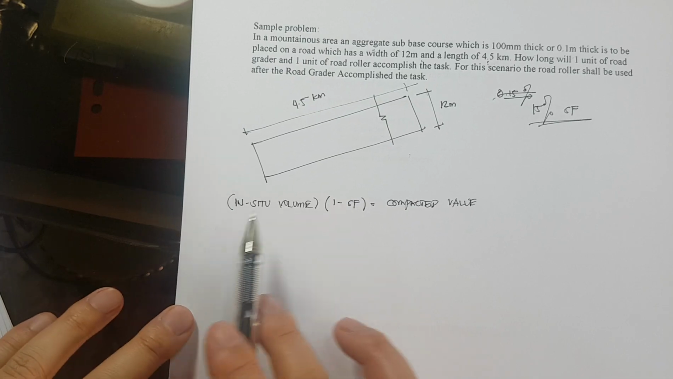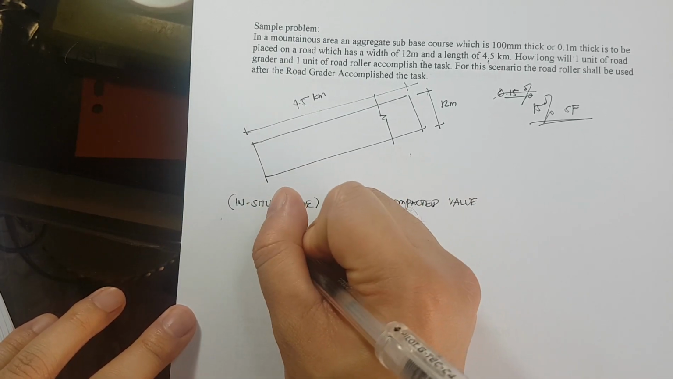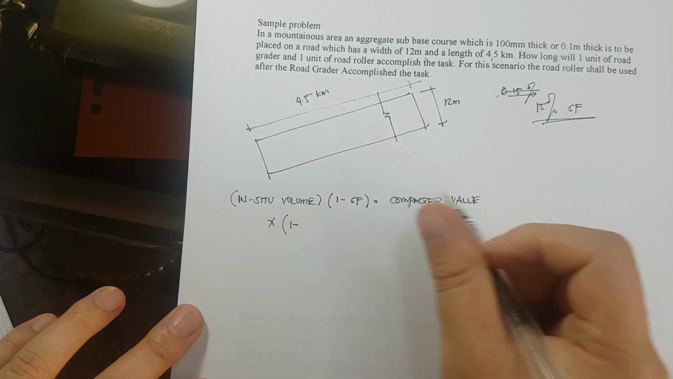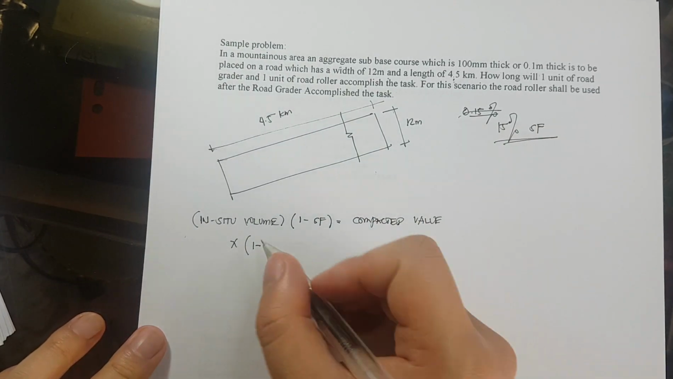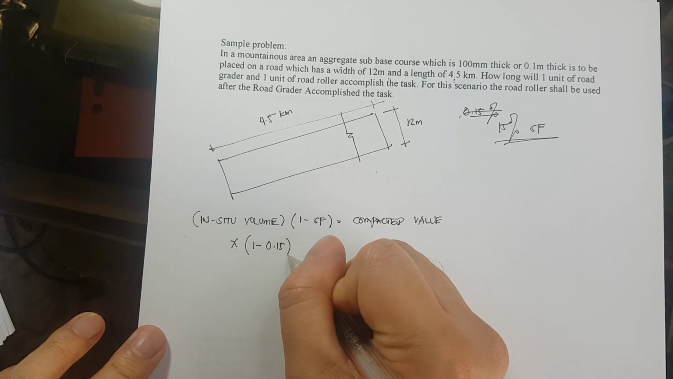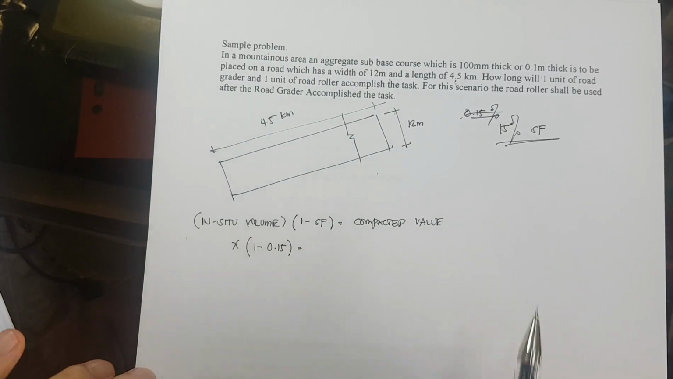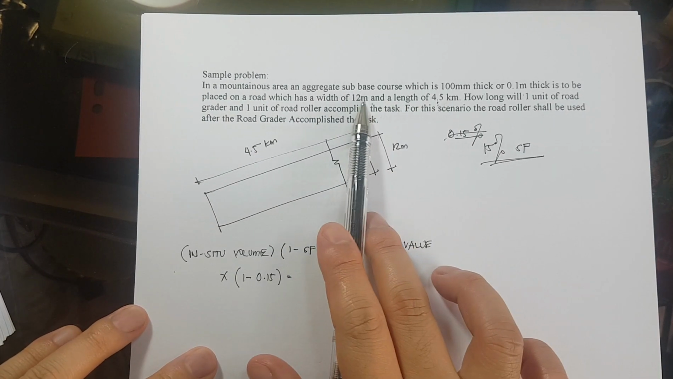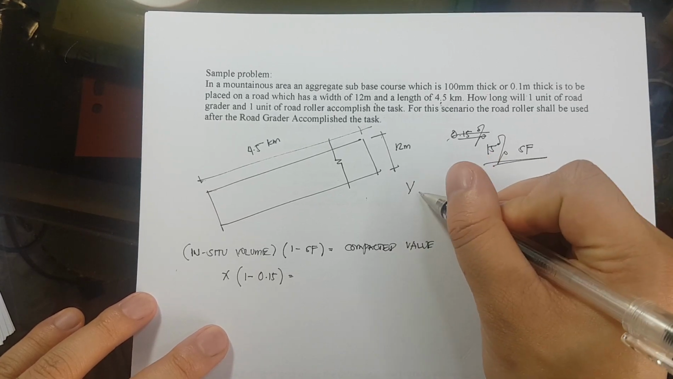Okay? So, the in situ volume, let's say that is x. X times 1 minus the shrinkage factor of 15%, so 0.85, is equivalent to the volume. Ano yung magiging volume natin nung sub-base course natin? So, the volume of the sub-base course